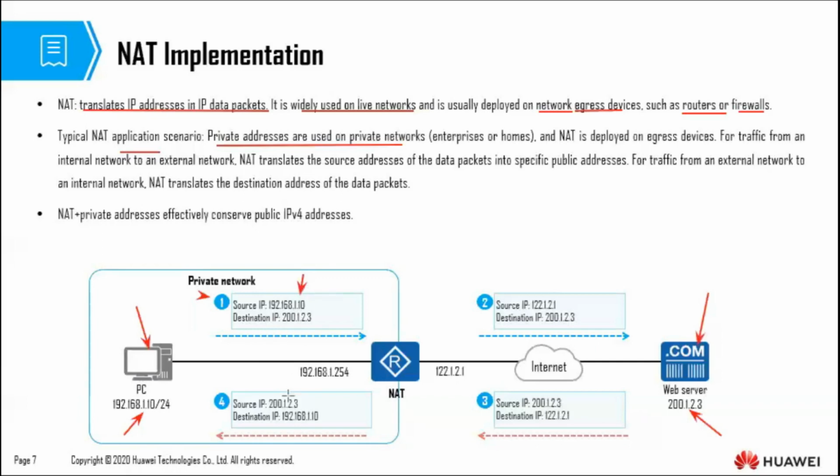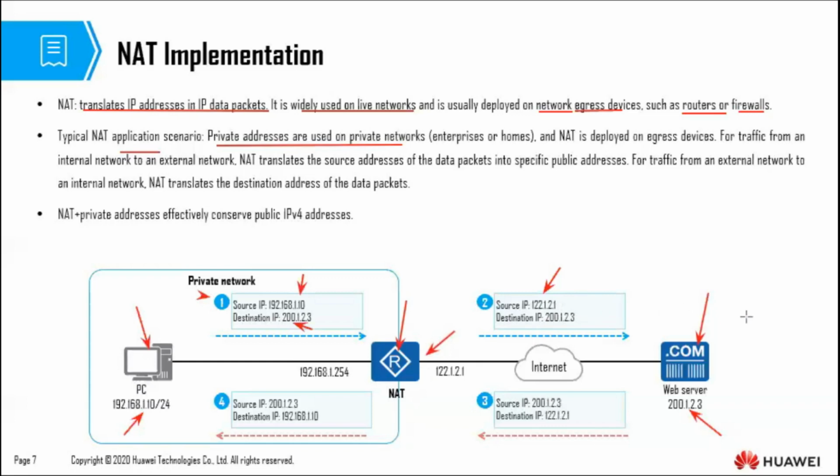Are we together? Your destination IP address is the IP address of the web server. Now, when you get to the egress device that is performing NATing, your source IP address is going to be converted into a public IP address. As you can see, we've now changed the source IP address to the IP address of this interface here, which is